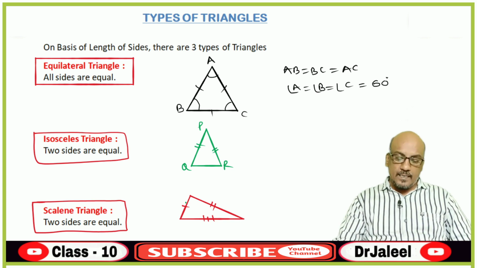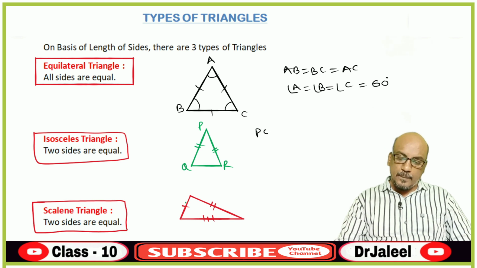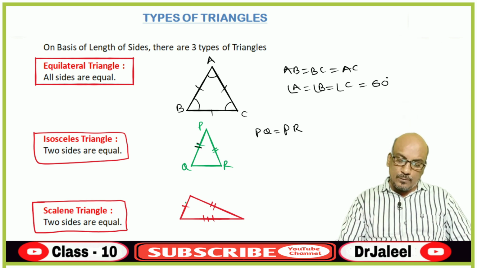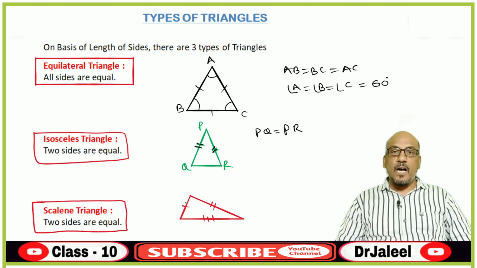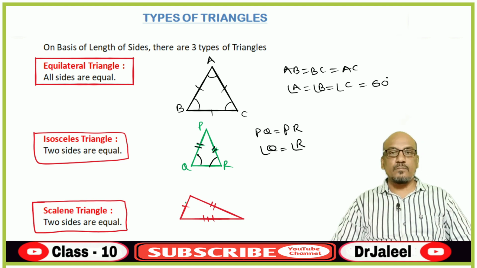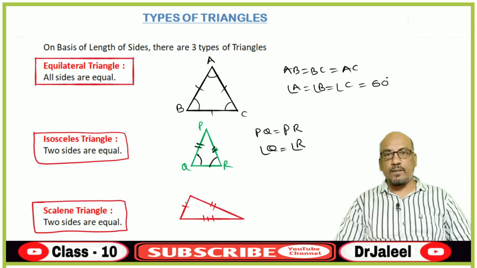Then let's get into the next sort of triangle, isosceles, where there are 2 sides equal. We can write it symbolically, PQ is equal to PR. So children, here what can we say about the angles then? As PQ is equal to PR, the opposite angles to these must be equal. That means angle Q is equal to angle R. And here we can define isosceles triangle as either 2 sides equal or 2 angles equal. Because we know that when the angles are equal, sides are going to be anyhow equal.